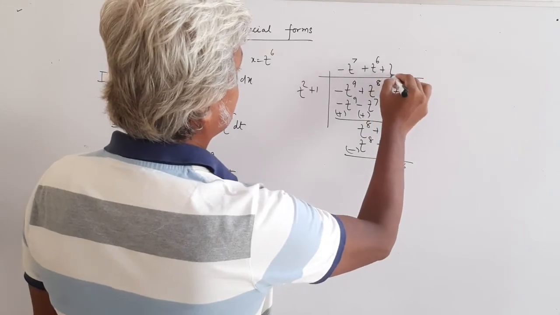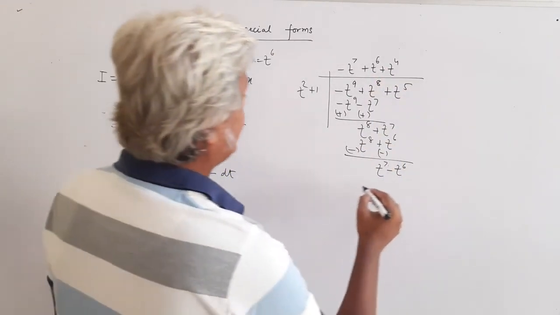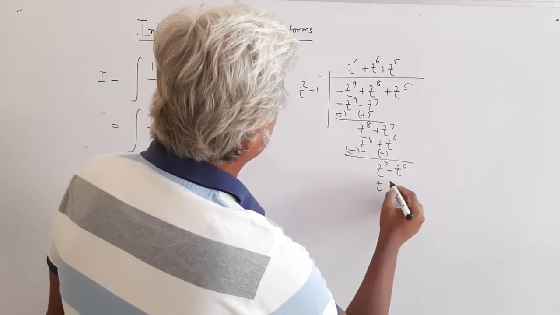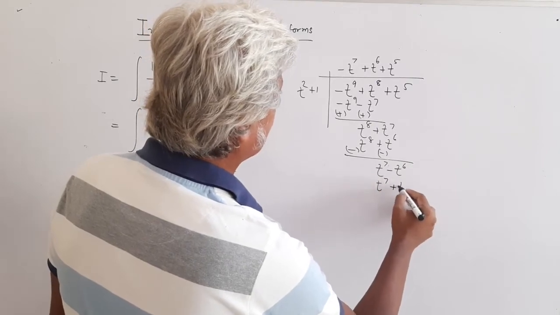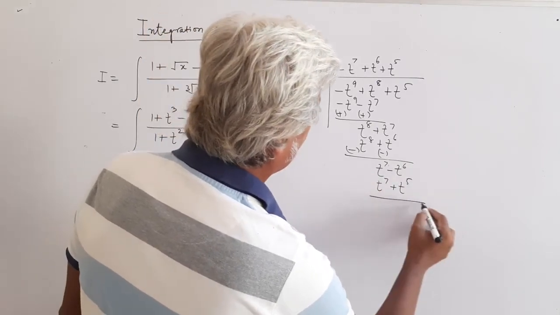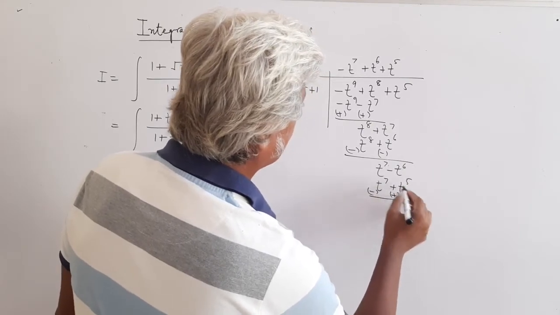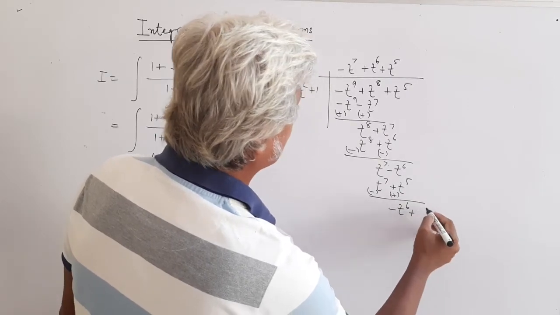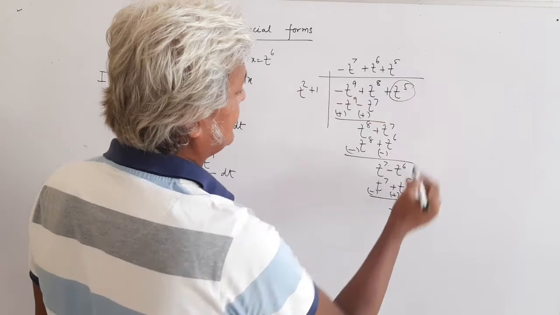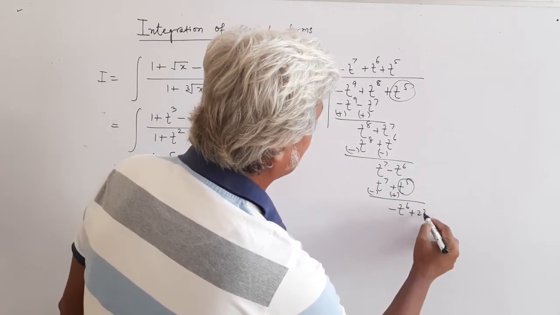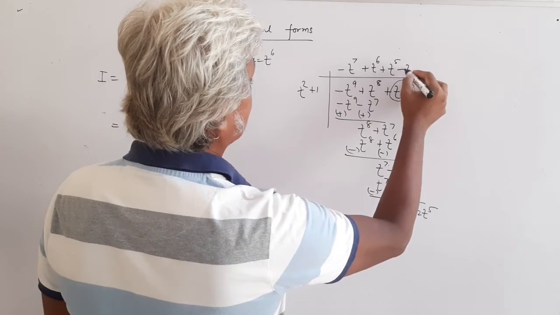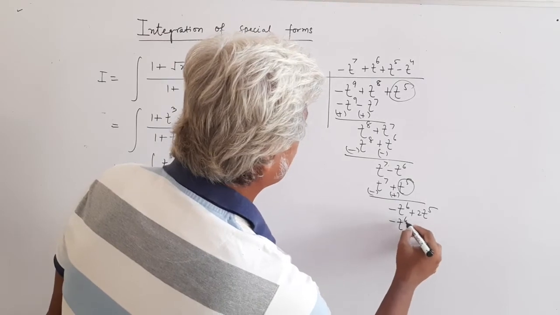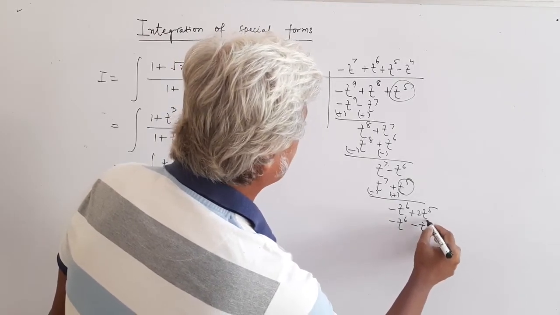Then I write here plus t to the power 4. Then I get 4, no, I need 7. So 5. Then I get t to the power 7 plus t to the power 5. Then minus and then plus. So these two cancel. Then I get minus t to the power 6 plus t to the power 5. So I have one more t to the power 5 here, and this is also t to the power 5. So I get 2t to the power 5. Then I write minus t to the power 4. So this will become minus t to the power 6 minus t to the power 4.